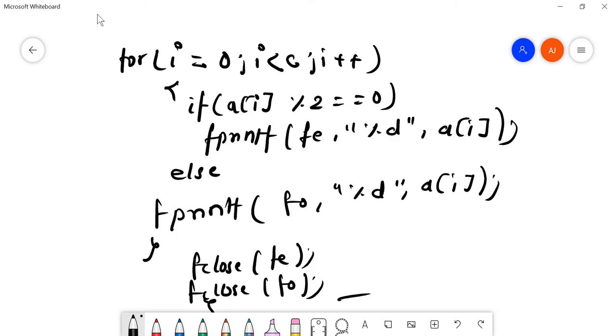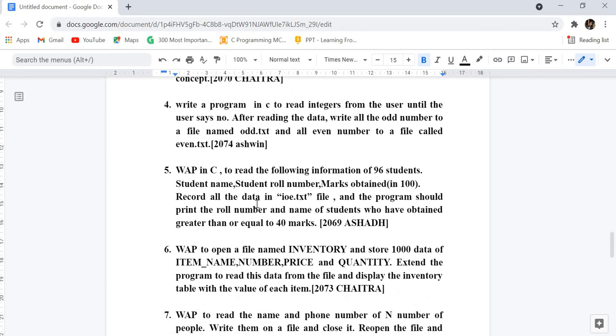Okay, fine. So in this way you can solve. I'm just discussing the concepts. Okay, after this concept you can easily solve the problem. So find this question also, they have asked it for 8 marks. Okay, next let's go to another question.